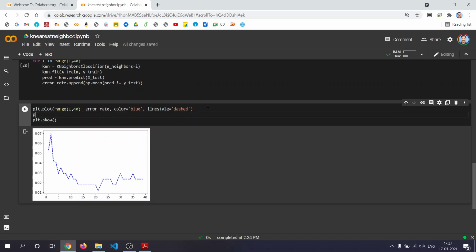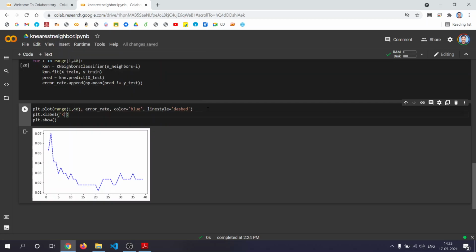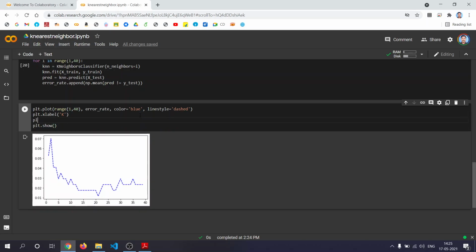Now let's add some more. plt.xlabel: what is there in the x value? The value of k, right? plt.ylabel equal to error rate.